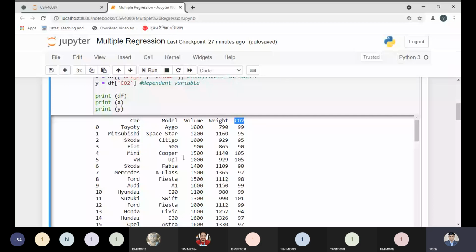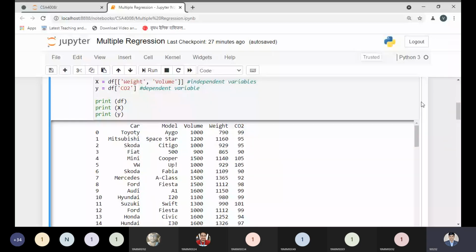Here you can see there are some different features which describe the data set. So here we have the car, model, volume, weight, CO2. All these are the different features by which we can easily identify which one is an independent variable and which one is a dependent variable. As we know, the model and volume and weight and each and everything is a required part, and CO2 is also an important part for a car. There are other specifications, there are other features, but I am choosing only limited information for explanation purposes only.